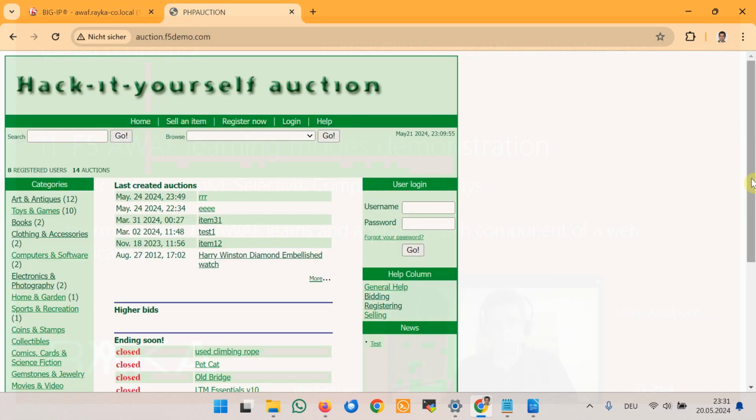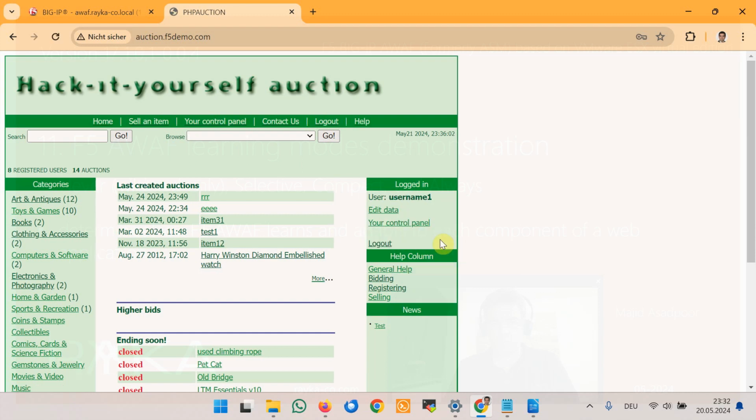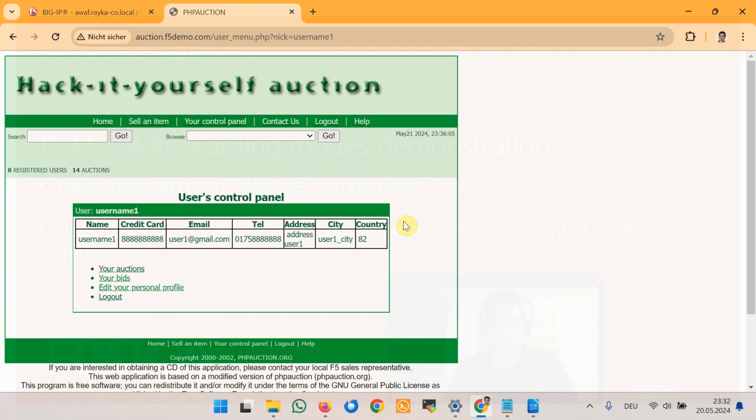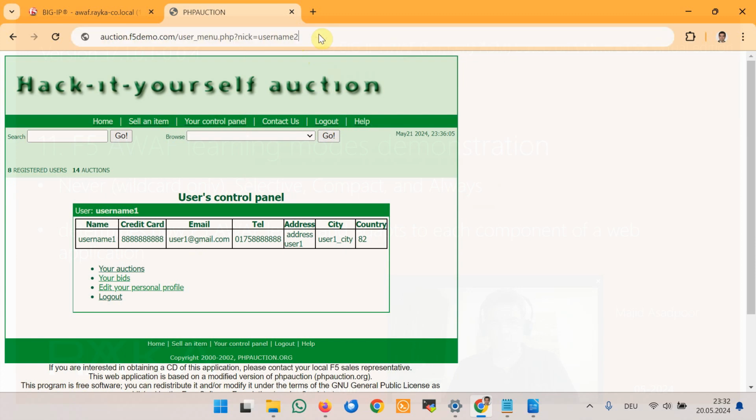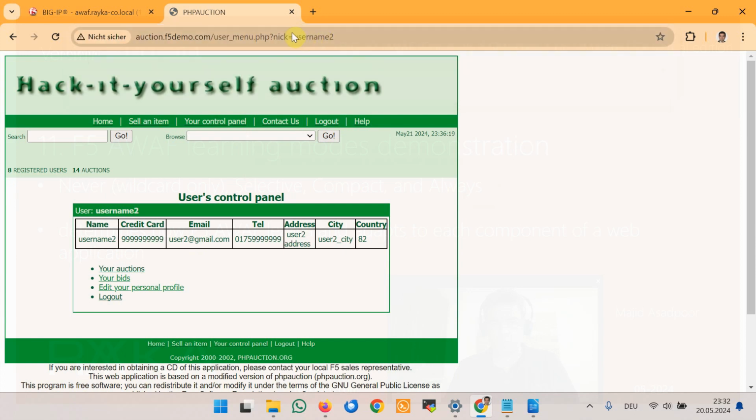To demonstrate different learning modes, we need to generate traffic to the web application using different parameters. To do this, I log into the hack it yourself web application with username 1 and password 1, and then I will click on control panel. In the URL you see there is a parameter with the name of Nick and the value username 1. Then I will change the parameter value once to username 2 instead of username 1, and once to asterisk